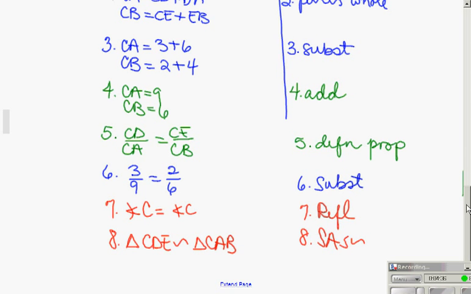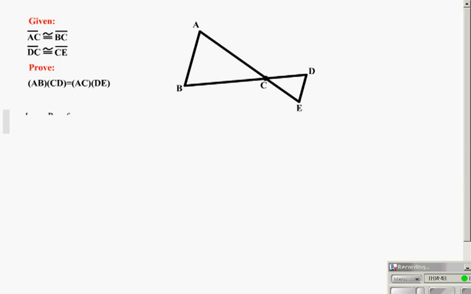The whole substitution and showing the segments are proportionate is a little tedious, but not hard. You just have to remember one step per line. Now our last proof has a lot of that similar stuff